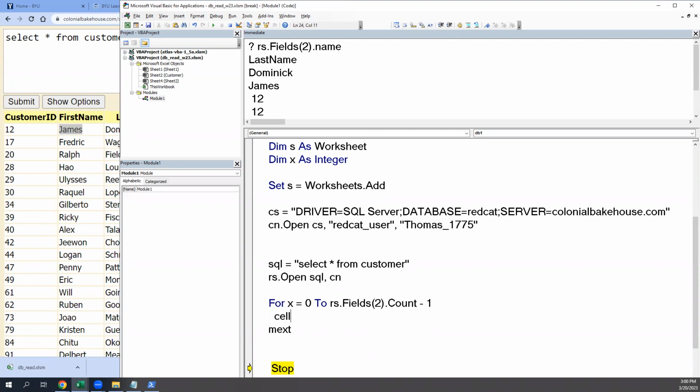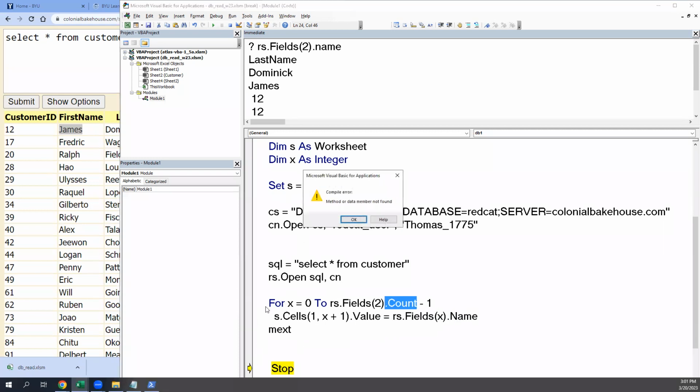And then I will just say s dot cells row number 1, column number x plus 1 dot value is equal to the name of that, whatever column that is. So when x is 0, I will be reading the name of the number 0 column, putting it into row 1, column 1. And then next time through the loop, row 1, column 2, we'll get first name, then last name, and so forth. So if I run this,